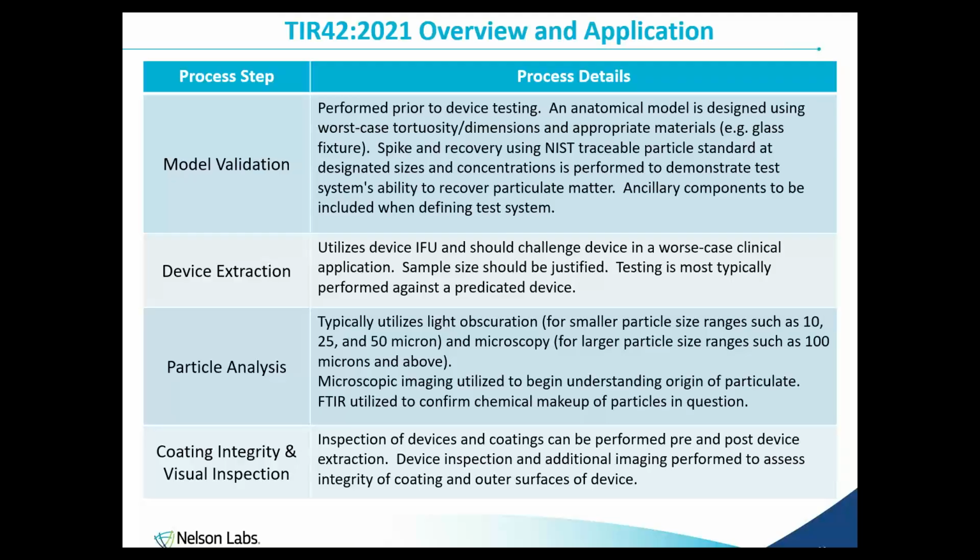as well. So we have the model validation, we've moved on to device extraction, and then the third portion is particle analysis. So again, we're typically using both our methods of analysis to look at particles. So light obscuration for smaller particle size ranges, so that would be something like 10, 25, and 50 micron. The light obscuration method is typically better at accurately sizing those smaller particle sizes because they remain homogeneous in a suspension. It's highly sensitive, but moving over to the microscopic method,